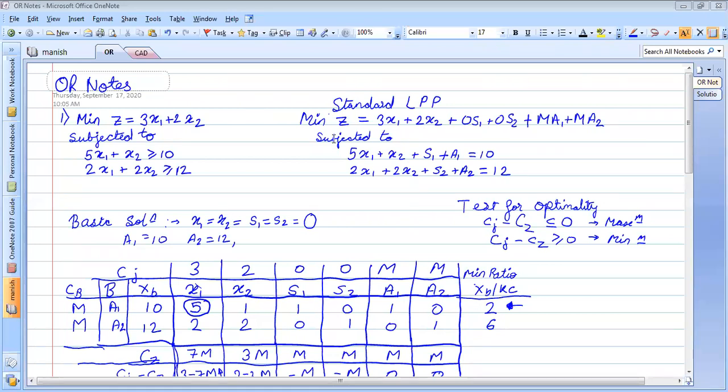Sir, in the exam will they give us the constraints, or will they ask us using a problem statement for these methods, big M and simplex method? From the exam point of view, as I said earlier, the problem for the simplex method or this big M method both start with conversion of the word problem into formulation.